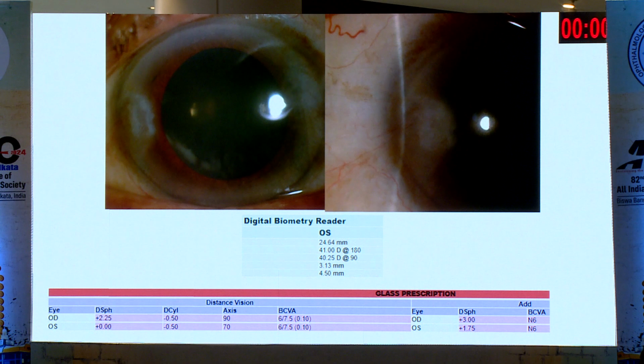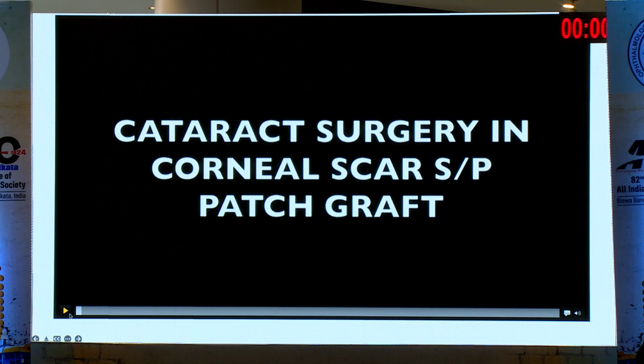and you go ahead with your intraocular lens implantation. So now, we will be skipping this part in which cataract surgery has been done in